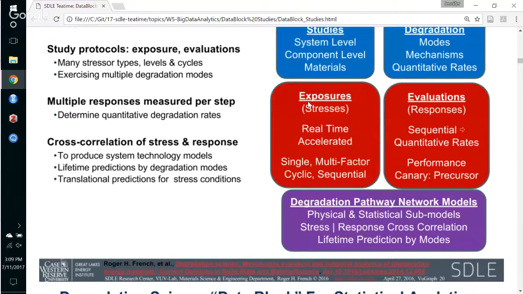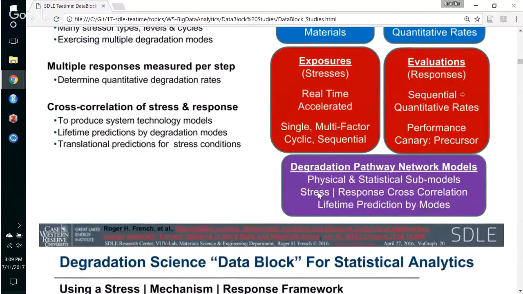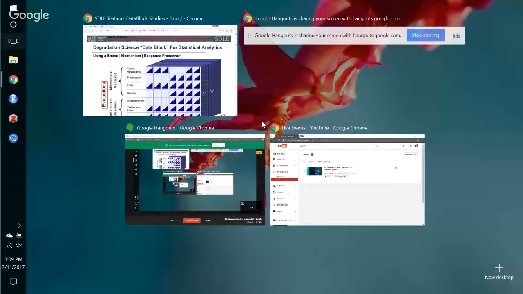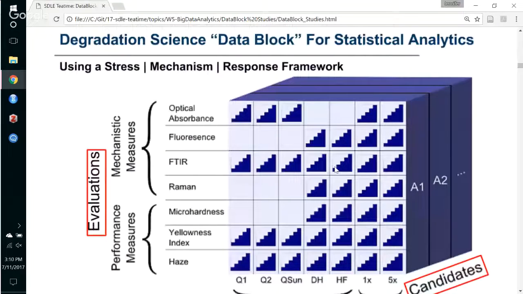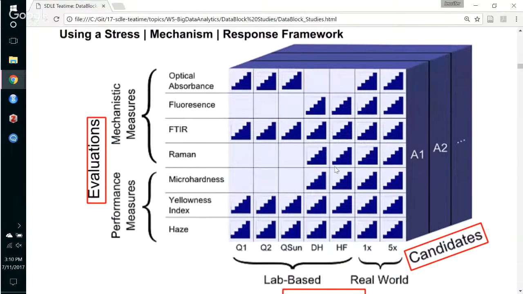We employ a number of different exposures and evaluations, and then incorporate those all into degradation pathway network models. And so the way this is all organized is in what we call the degradation science data block for statistical analysis. So this is kind of similar to that table I showed in the beginning, where we had different